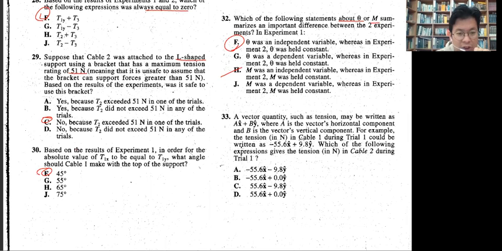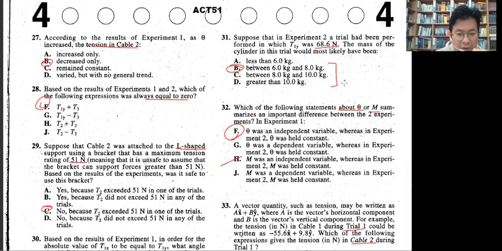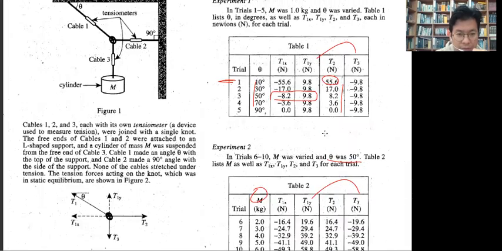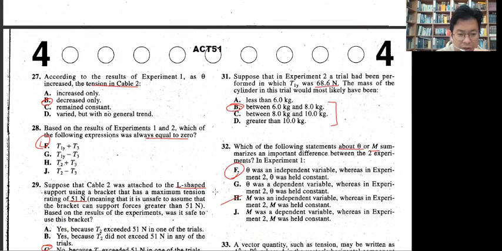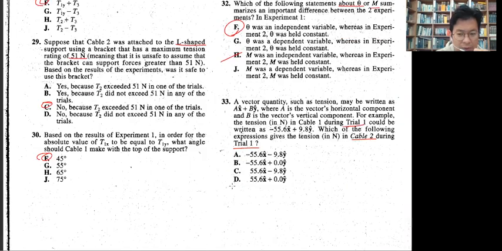Experiment tension, cable 1 during experiment at trial 1, written this one. Okay, cable 2, trial 1. So trial 1, 2 is this one. Oops, this 2. So the first one goes X, right? So the second one goes Y. So you can think of it as 55.6 minus,